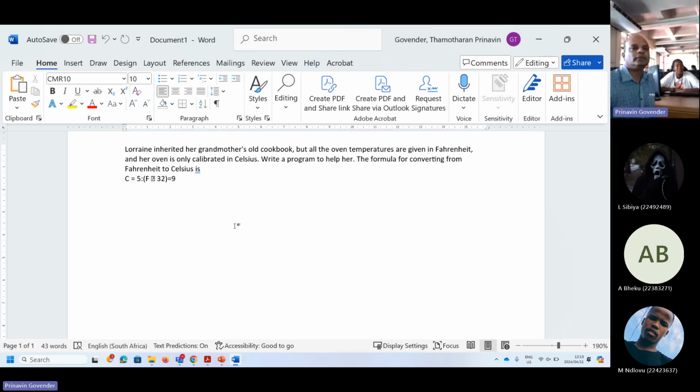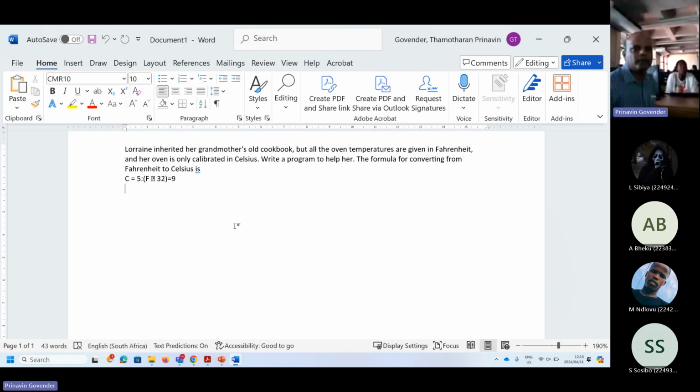Lorraine inherited her grandmother's old cookbook, but all the oven temperatures are given in Fahrenheit, and her oven is only calibrated in Celsius. Write a program to help her. The formula for converting from Fahrenheit to Celsius is